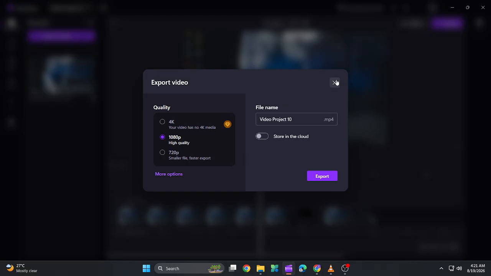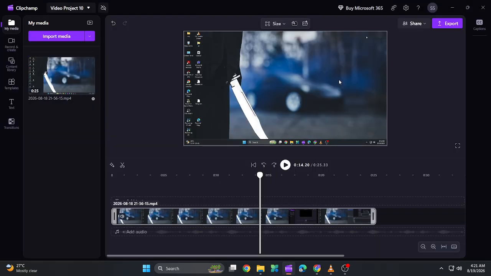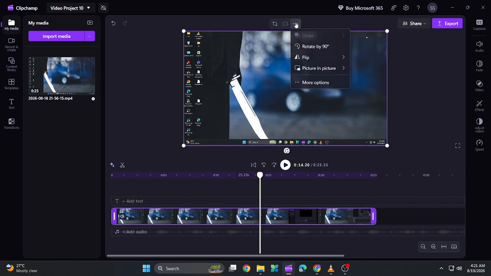And that's how to rotate a video in Clipchamp in 2026. Select your video, use the rotate control, adjust the framing, preview your project, and